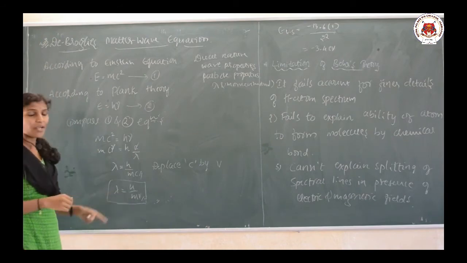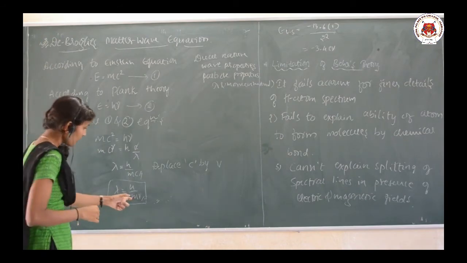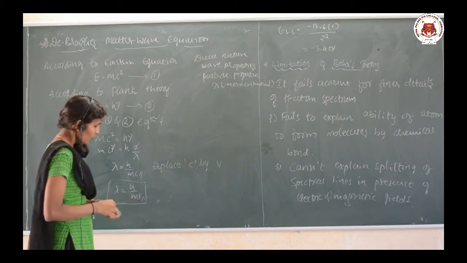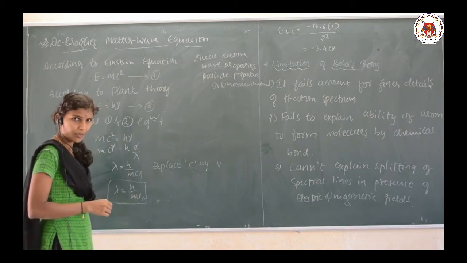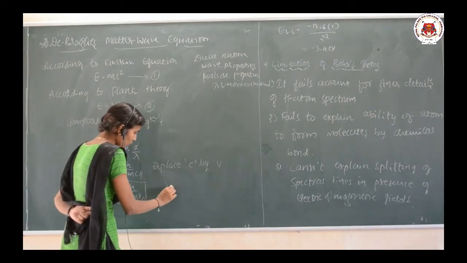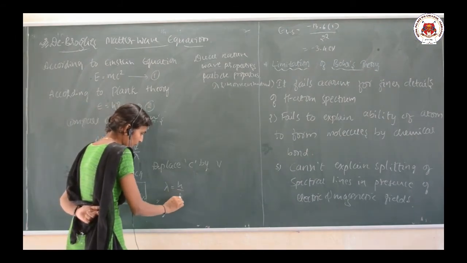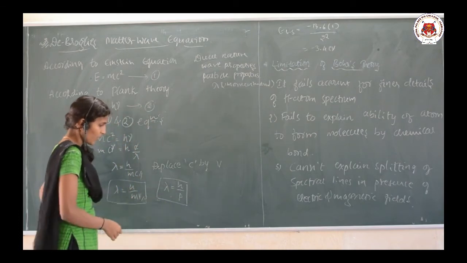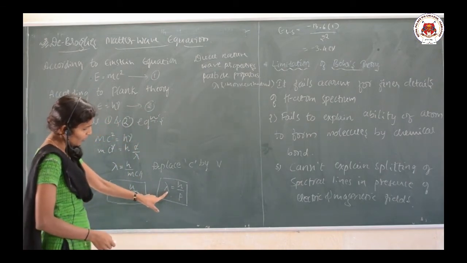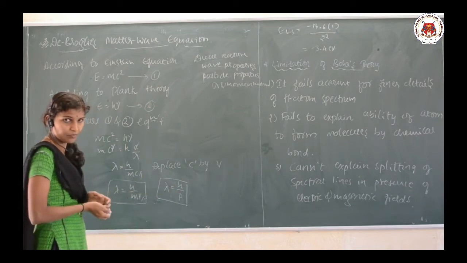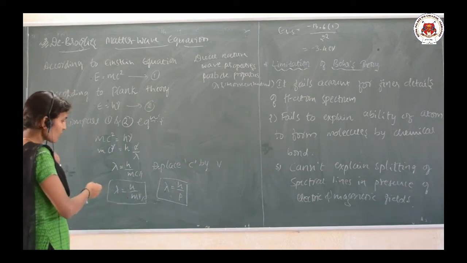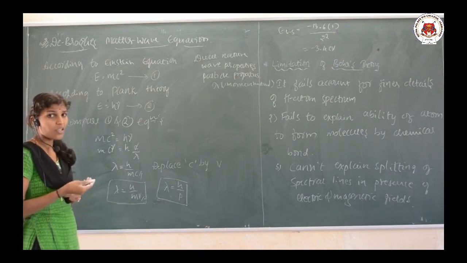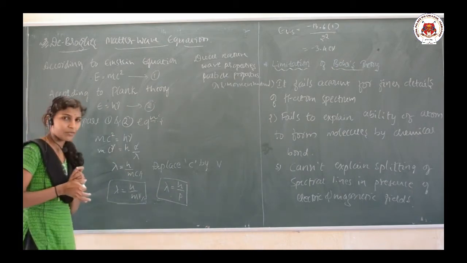And we know that in physics the product of mass and velocity, mv, is equal to momentum. So, lambda is equal to h upon p. P is nothing but momentum, the product of mass and velocity. See here, the interconnection between the wavelength and the momentum is given, yes or no? So, this is de Broglie's wave equation, or de Broglie's equation. It is a simple equation.